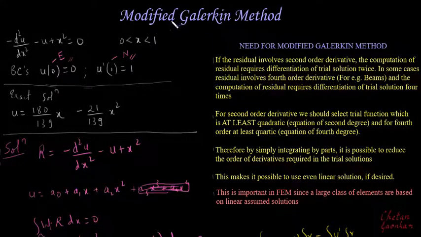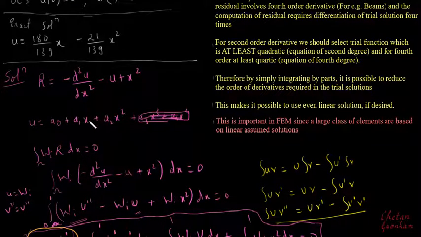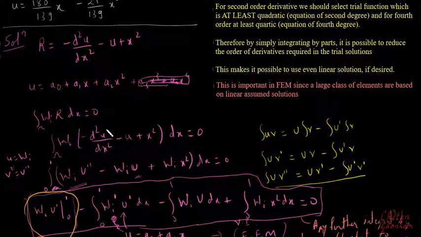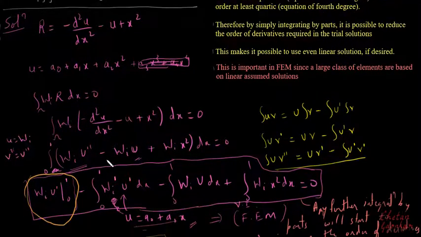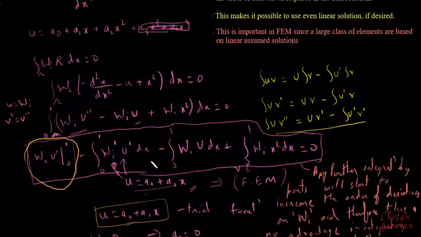So again, to revise, modified Galerkin method takes care of the demand of the trial solution on the residual. If the residual is of say second order or say fourth order, what we can do is, even before substituting this admissible trial solution in this, we can just carry out the integration by parts only on the term which has the highest derivative. And if I do that, what happens is we get one boundary term, and then we get the second term wherein we have managed to decrease the order of residual, but we have also increased the order of weighting function,